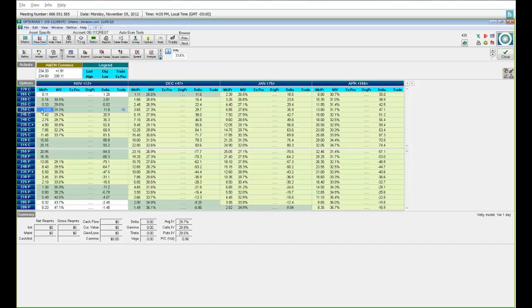So what I'd like to do is sell 10 of these 250 calls and collect the 69 cents. And I'd like to sell 10 of these down here in the puts. So I get 49 cents, 69 cents. Basically, that's $690, and that's $490. Now, I'm not saying this is what you should do. Okay, I'm just going to give an example.